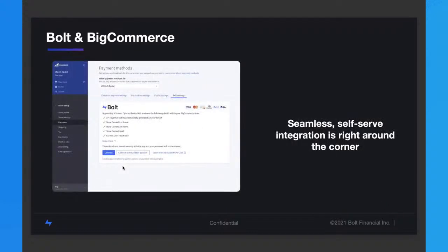And finally, I'm really excited to announce that seamless self-serve integration is right around the corner with Bolt and BigCommerce. So in the past, we would have had to work with a developer team or SI team to integrate your Bolt one-click checkout with BigCommerce. But just right around the corner and literally within days, we will be launching Bolt within the BigCommerce App Store,